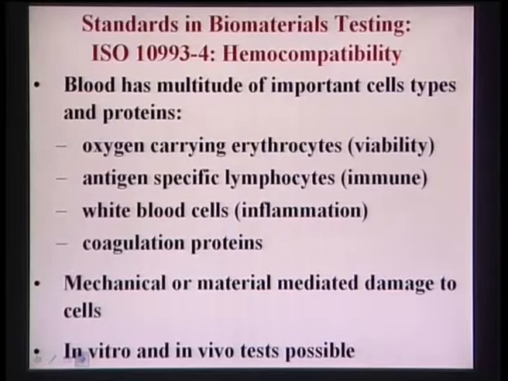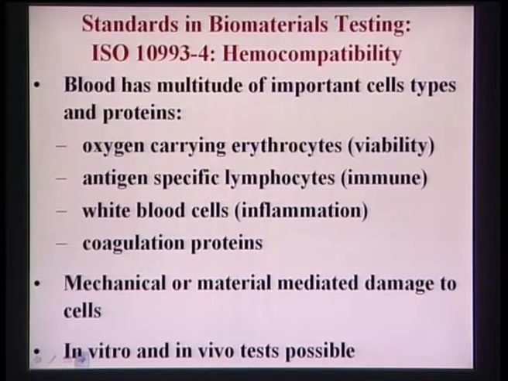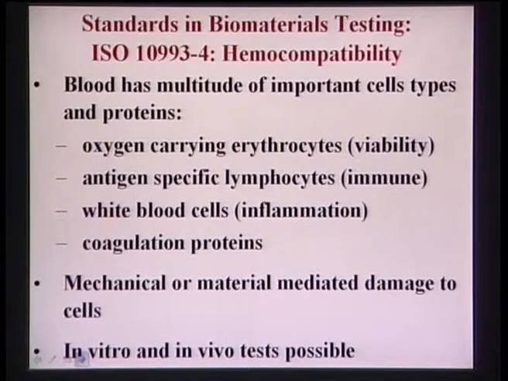That was also discussed. Some results were shown to illustrate how the genotoxicity property of the biomaterial can be evaluated, and to that end the results of the single cell gel electrophoresis or the COMET assay tests were shown. Now, in continuation with this discussion on the in vitro biocompatibility assessment, in today's lecture I will first discuss hemocompatibility. Hemo means blood, so blood compatibility testing. What is the basic principle, what is the typical methodology, and how to assess whether blood contacting devices can be hemocompatible, that will be discussed.